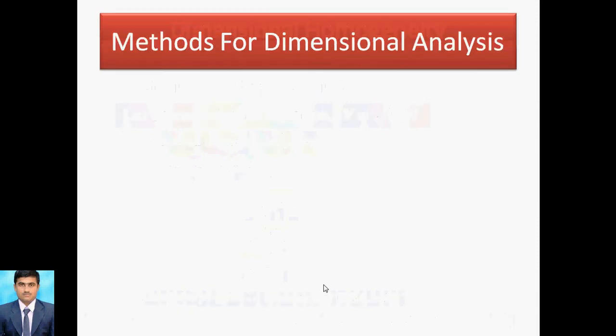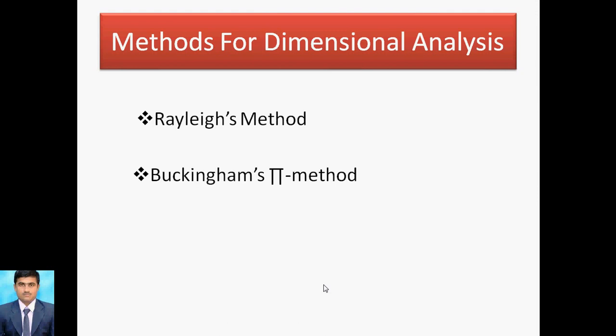As you know, the method for dimensional analysis can be done by different methods. The first method is the Rayleigh method and the second is Buckingham's pi theorem, I can say Buckingham's pi method. So these are the two methods we use for dimensional analysis. With the help of dimensional analysis, we conduct different experiments, statistically go for the preferable experiments, and finalize the equations. So this is the help of dimensional analysis.